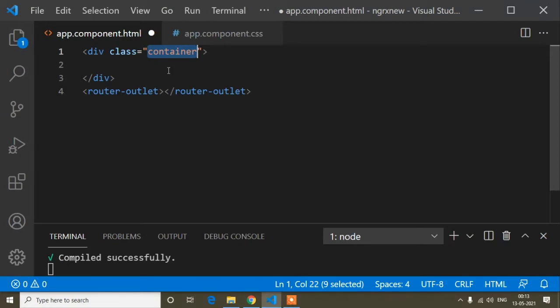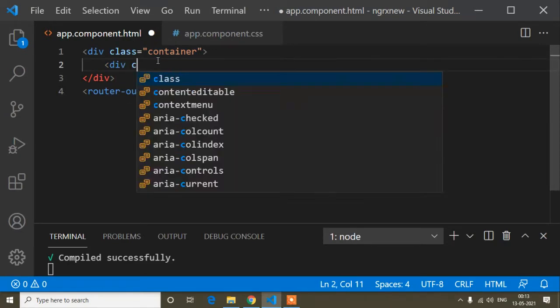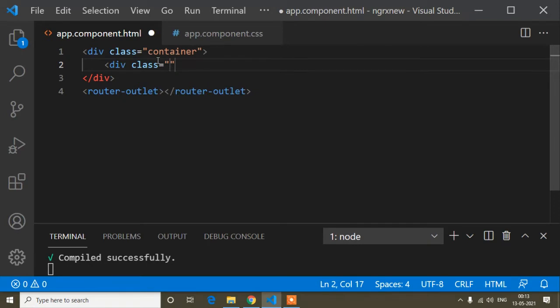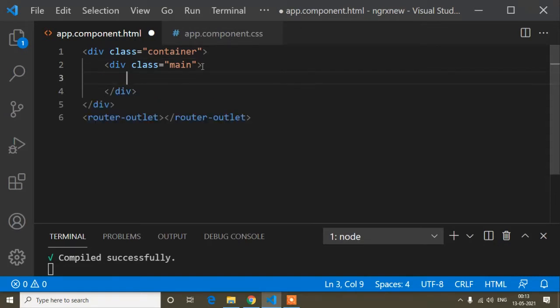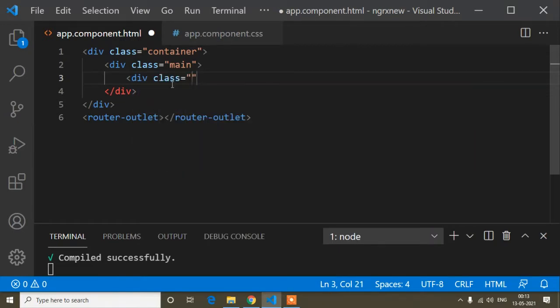Now here I will add another class, called main. You can write the class name as per your choice. Here I have written main, but you can write another class name also. First of all I will write all the HTML code, and then I will go to the CSS file for the design.